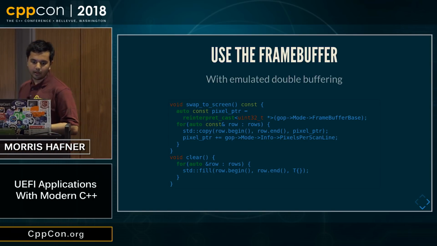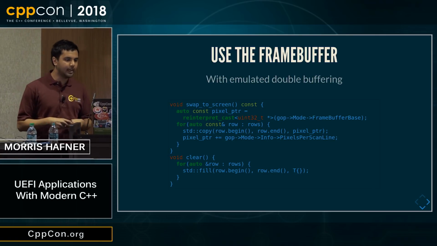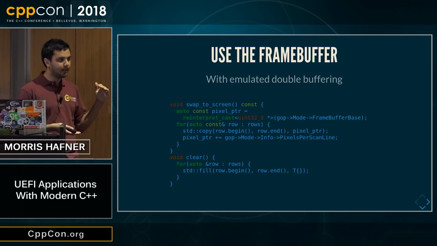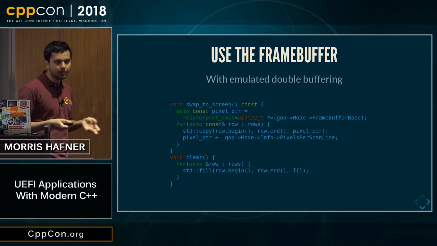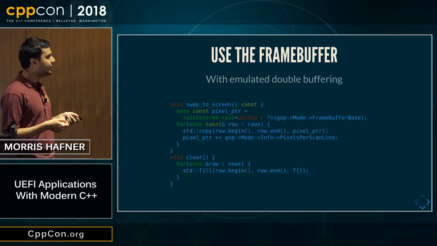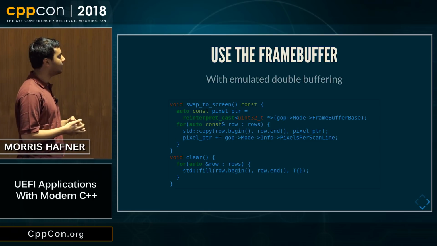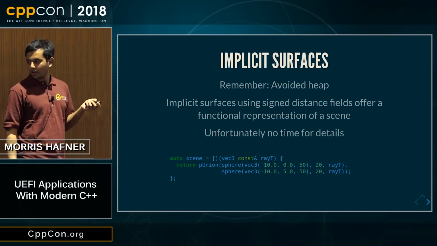In my case, I also wanted to have some double buffering, so I emulated it by just stack allocating enough space, and then implementing two functions, swap the screen and clear. I'm also using std::fill and std::copy because those don't have any runtime dependencies either. And with that, I can render